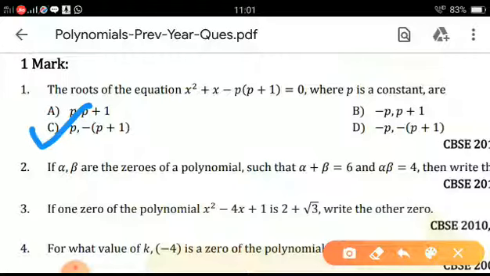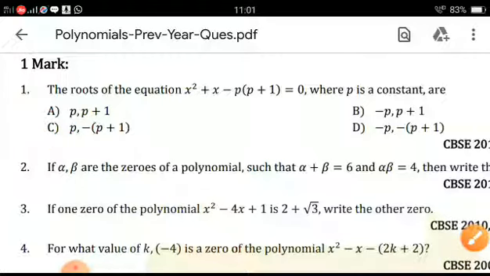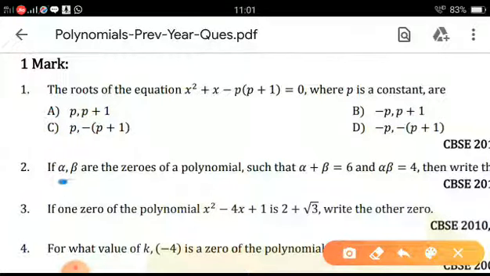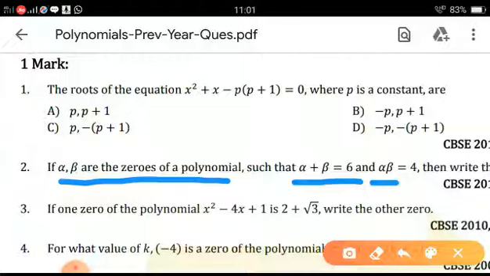Okay. Now, the second question is: if alpha and beta are the zeros of the polynomial such that alpha plus beta is 6 and alpha into beta is 4, then write the quadratic polynomial. That is not printed, meaning while taking the screenshot, it went off. So you have to write a quadratic polynomial whose alpha plus beta is 6 and alpha into beta equal to